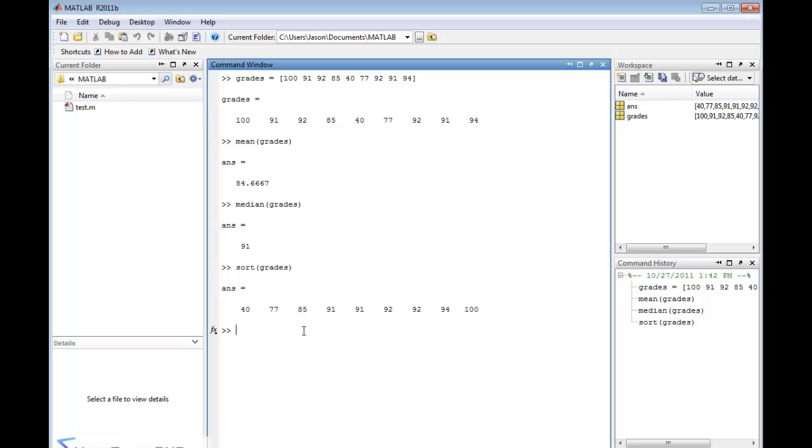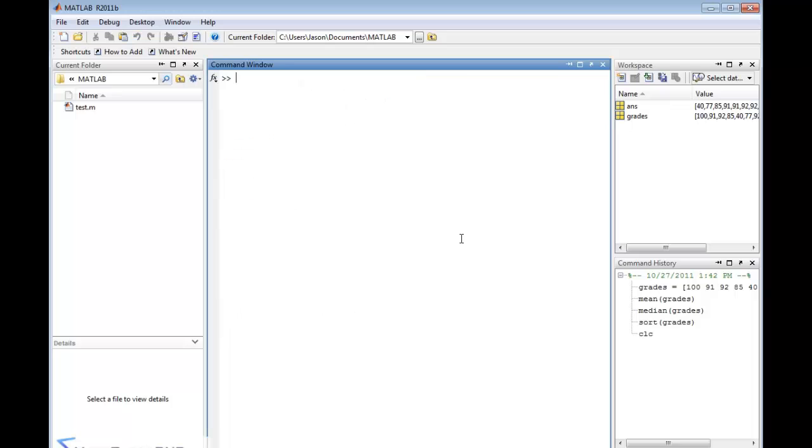So let me clear the screen, get that clutter off, put our grades back up on the screen. Now, another thing we might be interested to figure out is the standard deviation, because a lot of times the mean is not that important. Well, it's important, but it's not a complete picture without knowing what the standard deviation is. So if we want to do the standard deviation, it's std. That means standard deviation, and you pass it the vector grades that you've created,